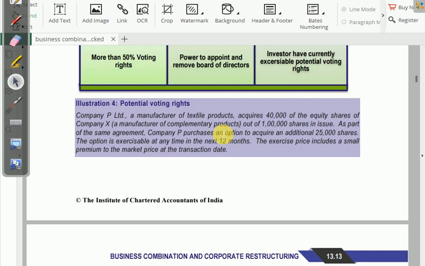Then diesel and cars, petrol and bikes are complementary. Tea and coffee are not complementary, they are competing products. For your kind information, Company P Limited, a manufacturer of textile products, is producing some textile, and acquires 40,000 of the equity shares of Company X, a manufacturer of complementary